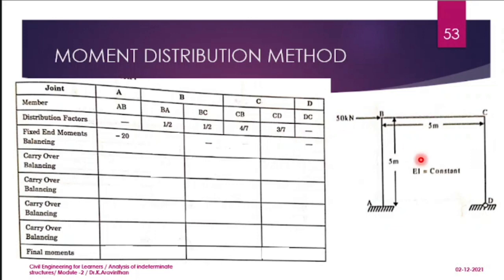And the moment which we have assumed is B to A and A to B. So this is the moment which is acting at the column. What we have assumed currently is minus 20 and minus 20. So this will be the moment acting, and B to C and C to B is a horizontal member. You will not have any sway moment here. Hence it will be nil here. BC and CB will be nil, and CD and DC will be